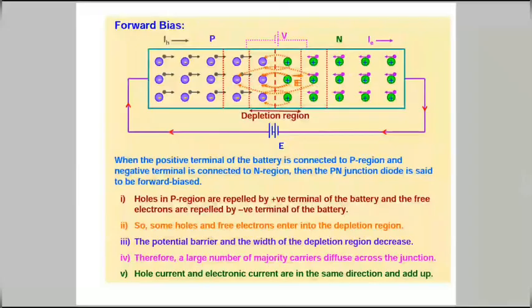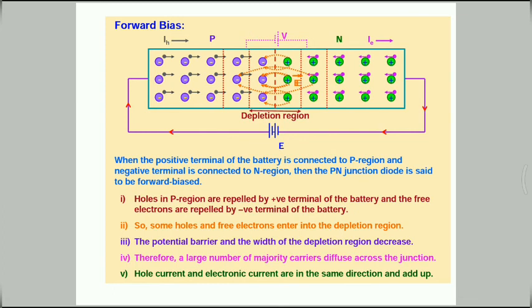Okay, coming to the semiconductor diode or PN junction diode. It is basically a PN junction with metallic contacts provided at the ends for the application of the external voltage. It is a two-terminal device. Okay, forward bias and reverse biasing of the junction diode. Biasing is the method of connecting an external battery or EMF source to the PN junction diode.